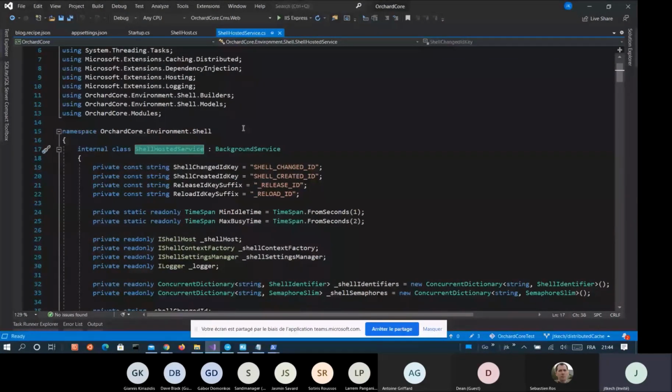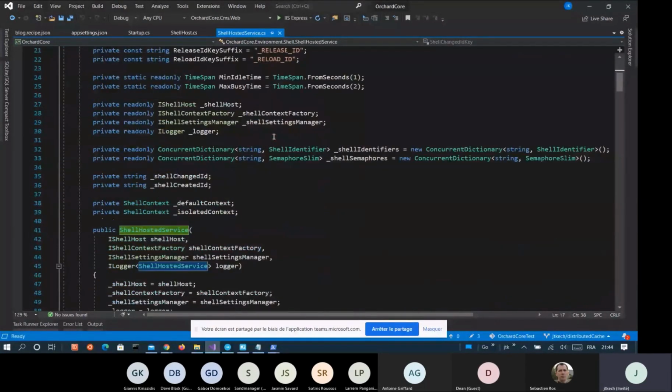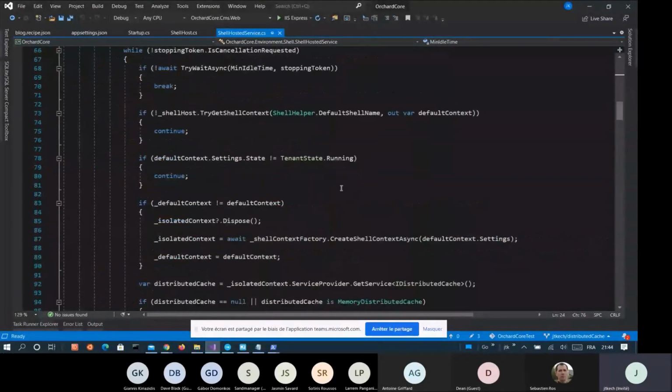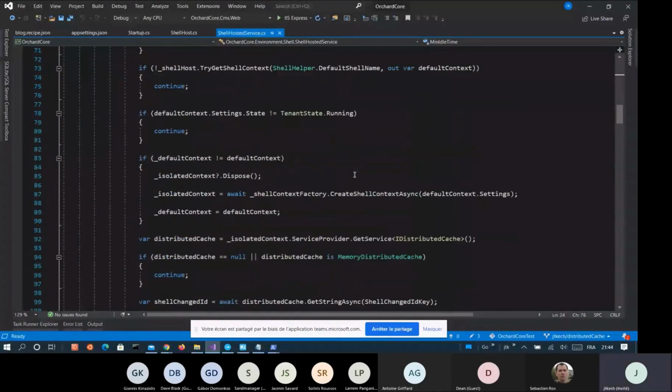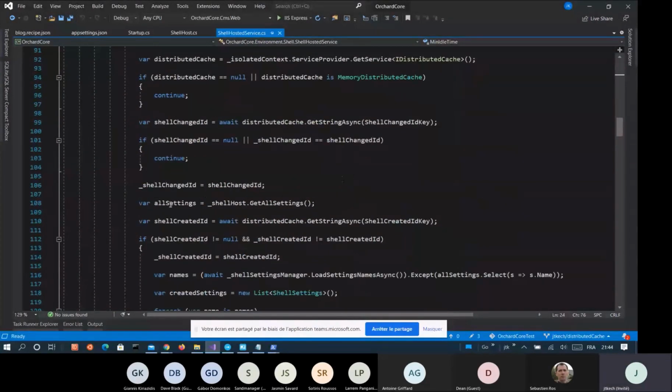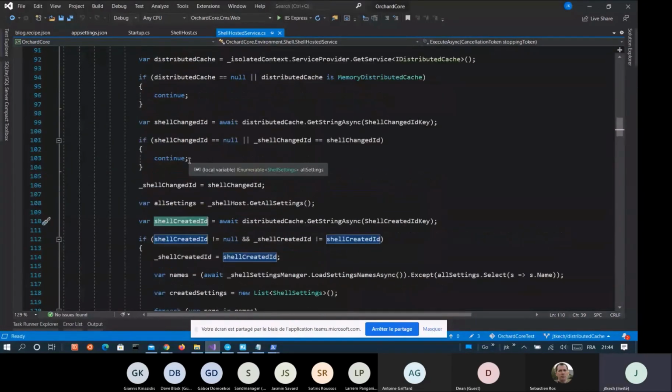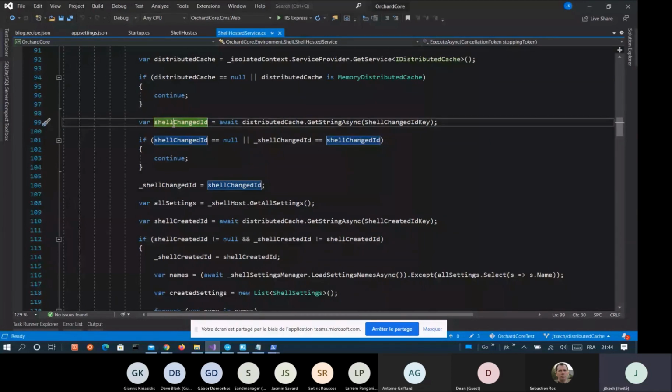It's another one from the one we already have, because it has an idle time of only 1 second. It just grabs one identifier to see if something had changed. Most of the time, only one identifier says there is something to do.